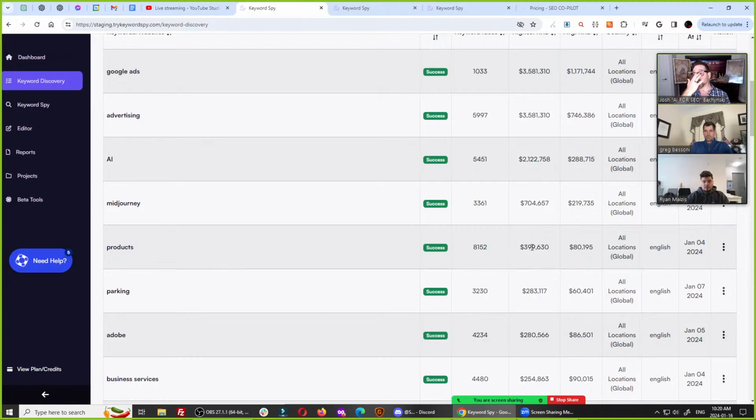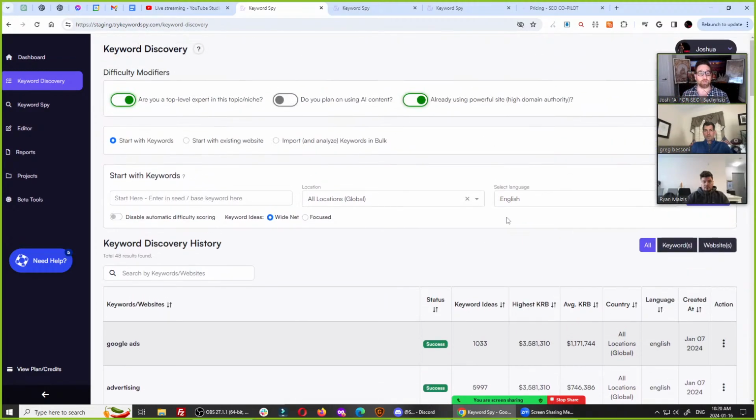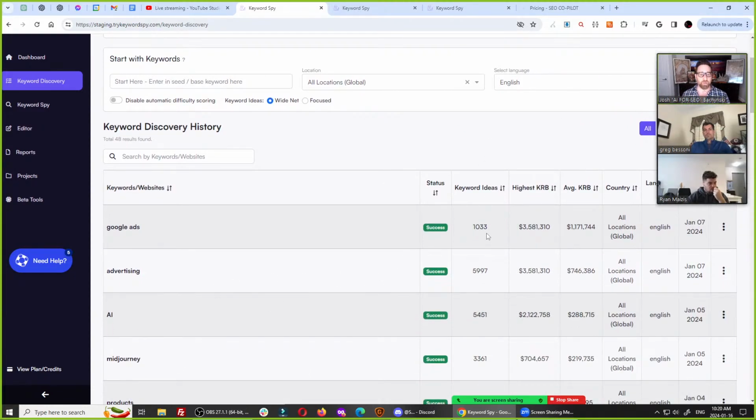So this gives you a general sense for when you're doing rank and rent sites, what areas you might want to do rank and rent sites in because you'll make the most money there. Or you're doing digital real estate, you're building up sites to rank, and you know that there's a lot of money behind these kinds of sites.